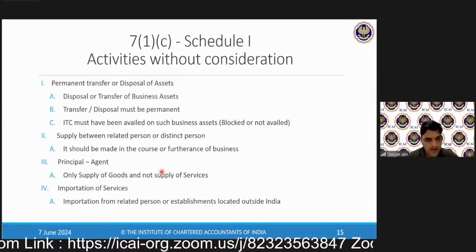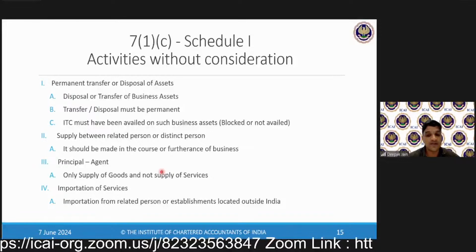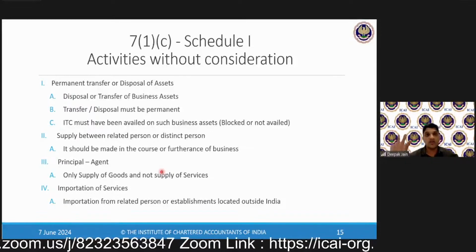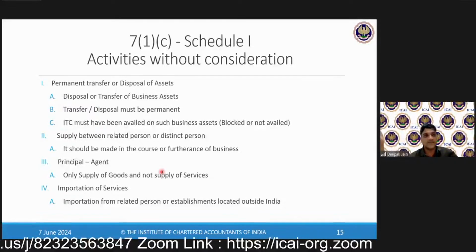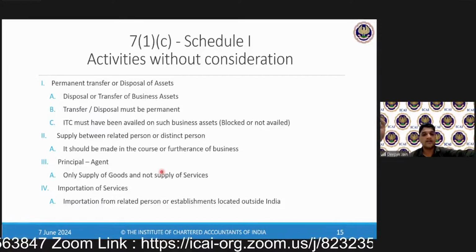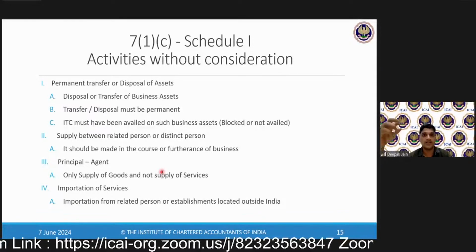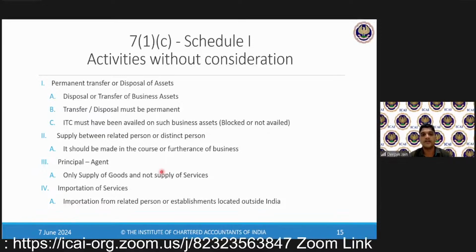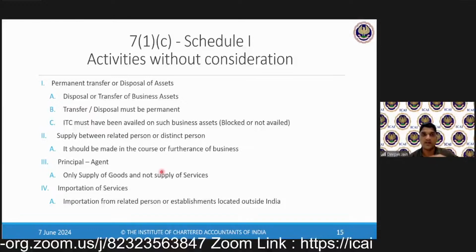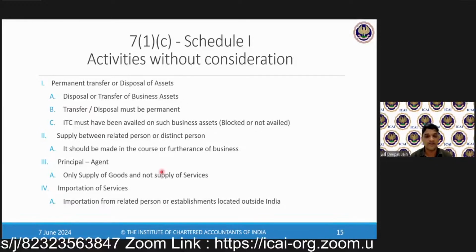There are some questions here. Reimbursement of food expenses, travel expenses to employees by company is liable to GST? No, it is not liable to GST because it is covered under Schedule 3. Any services provided by an employee to an employer in the course of his employment is outside the GST through Schedule 3. So reimbursements are also in the nature of employment services itself, so not liable to GST.